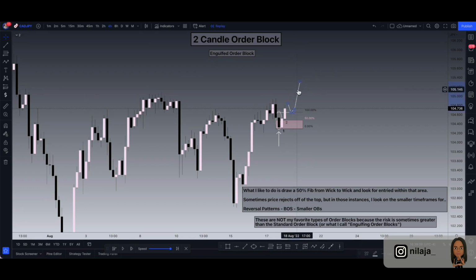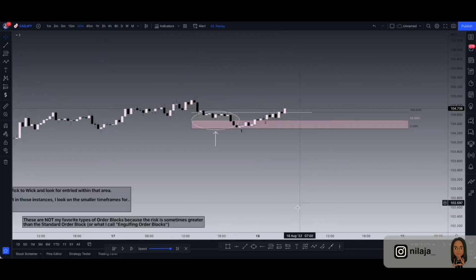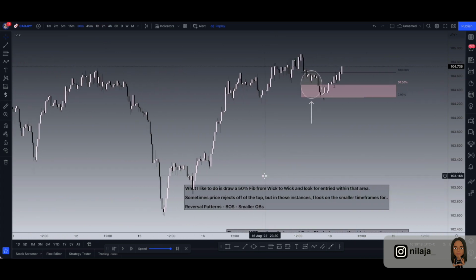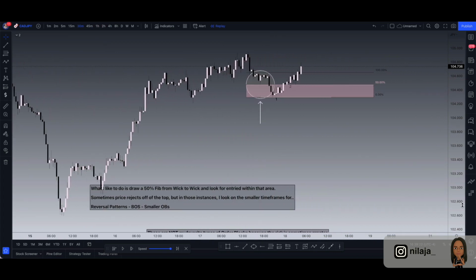But personally, like I said, I like to look for anything within that 50% level. So let's go down on a smaller time frame and see what we can find. I do start with a 30 when it comes to order blocks like these. And so here,